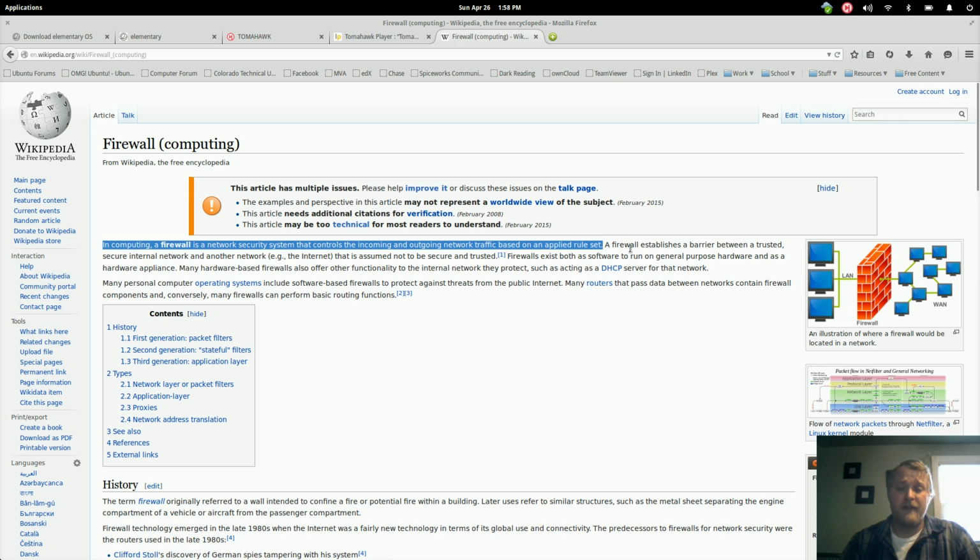Example being, your web traffic is going to use port 80, sometimes 81. FTP, which is your file transfer protocol, something like you'd use with FileZilla, is going to go through port 25. SSH is going to go through port 22. All these different things, right? So